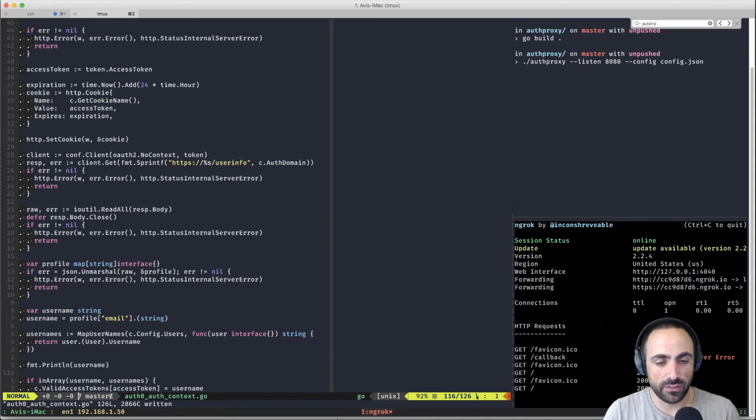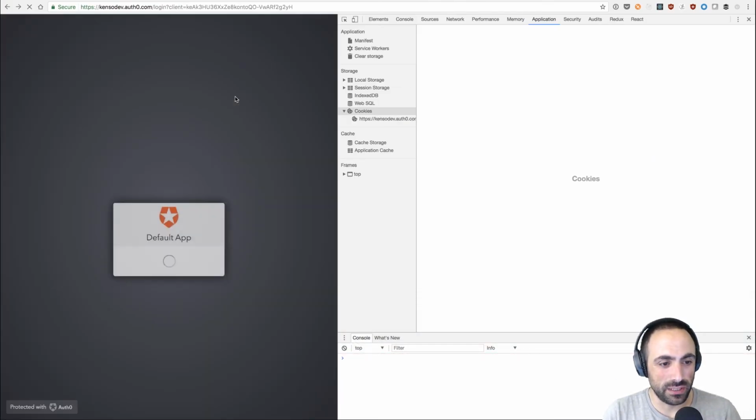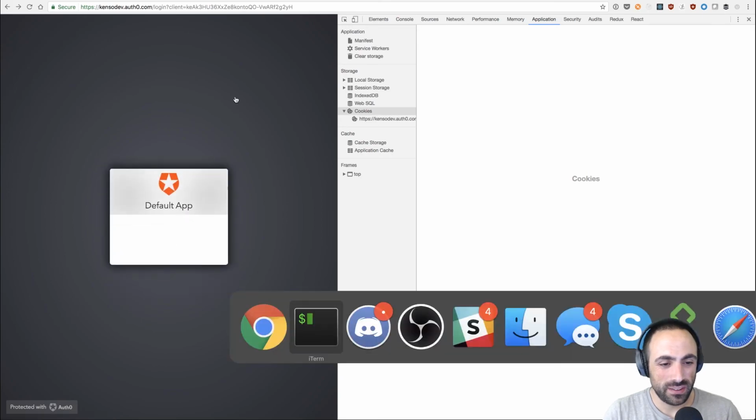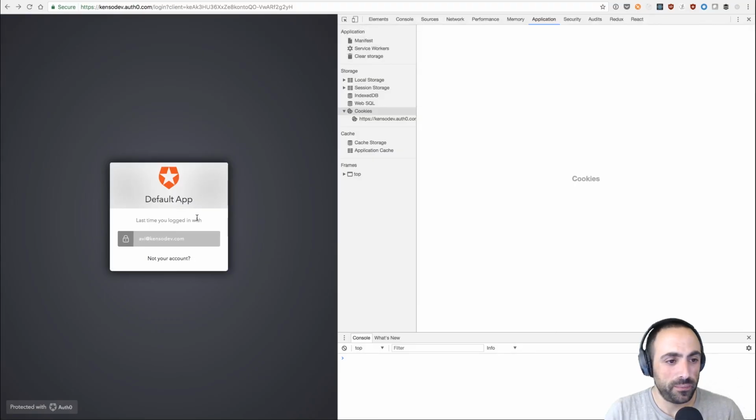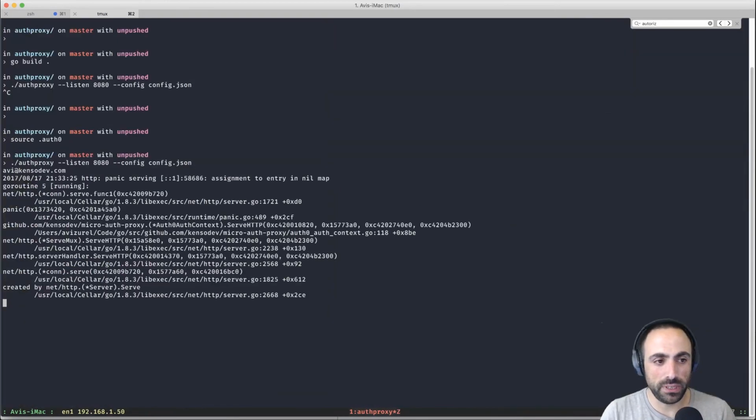Come on, this is stupid. All right, so then source and then auth proxy. Oh, that moment went okay. Sorry, I literally had no idea what you're saying. Okay, so here, then I get the forbidden thing.